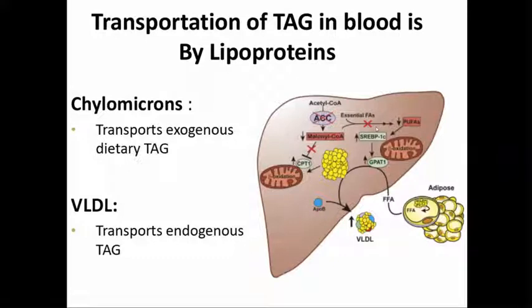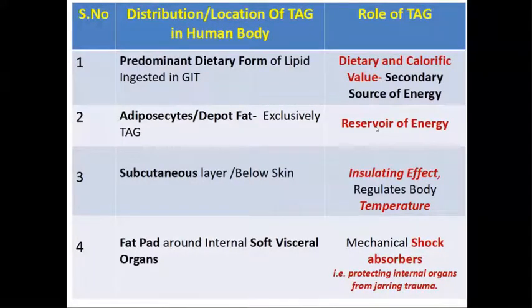As I mentioned earlier, we have 5 types of lipoproteins. These are chylomicrons, VLDL, referring to very low density lipoproteins, IDL, intermediate density lipoproteins, low density lipoproteins, and high density lipoproteins. Chylomicrons transport exogenous triacylglycerol, whereas VLDL transports those triacylglycerols which are synthesized in our body, mainly within the liver. These are the distribution of triacylglycerol in our body, and here are listed some of the roles of